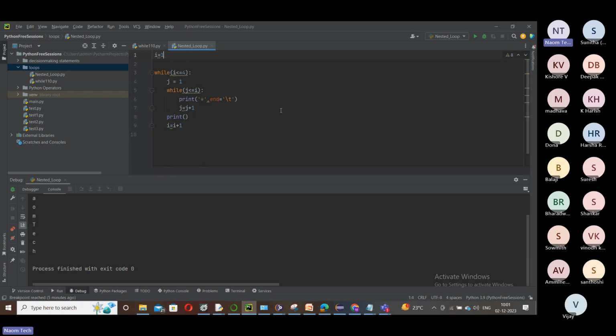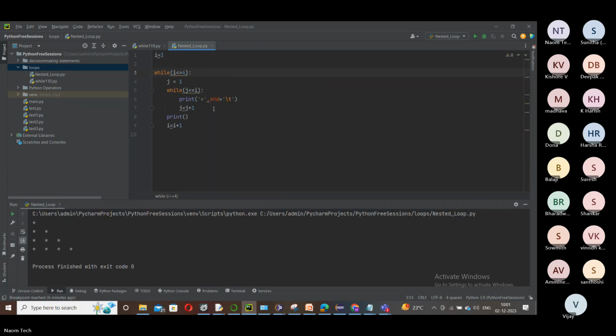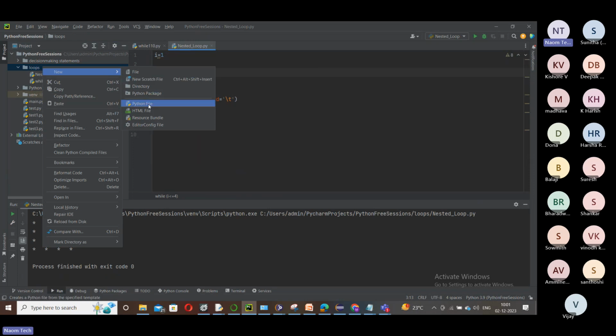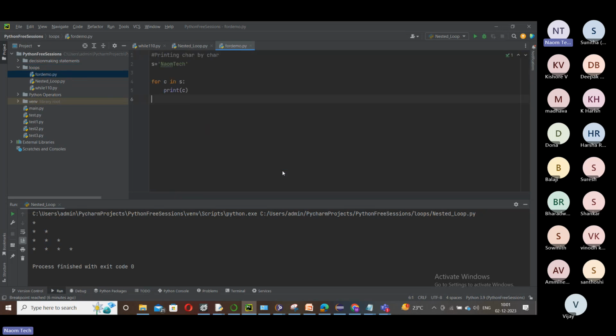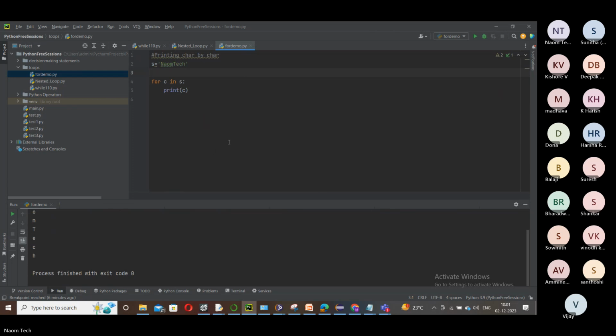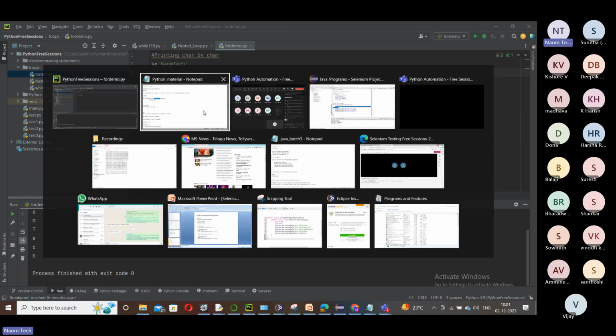And let this program be here. Okay, next one, I'll add a new program, Python file, and name it for demo. This should be fine for us now. Okay, let it be layer. So this is printing character by character. That's all, friends. Okay, next.